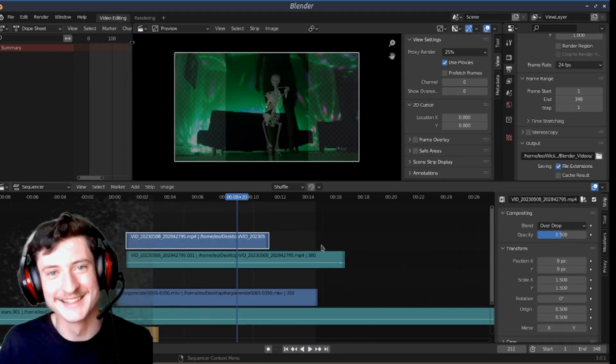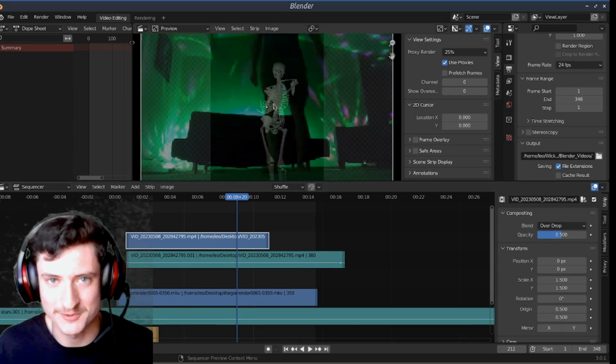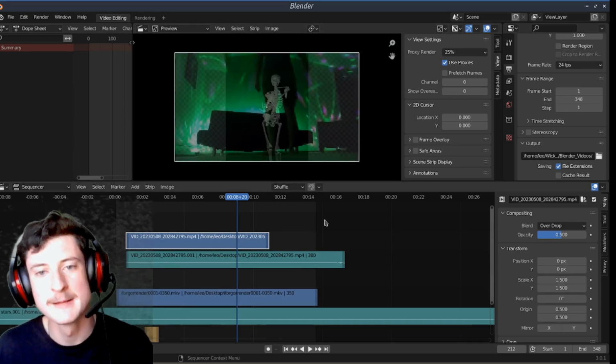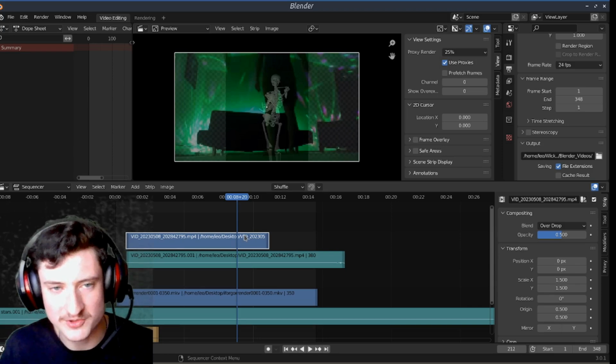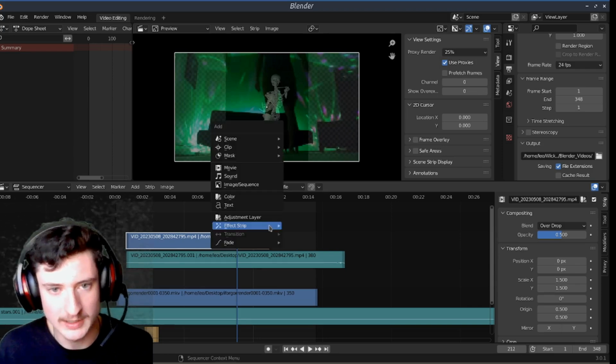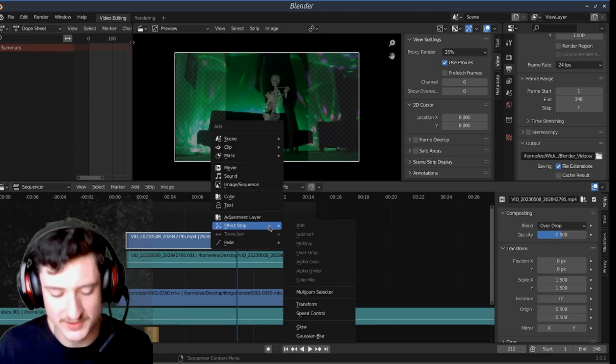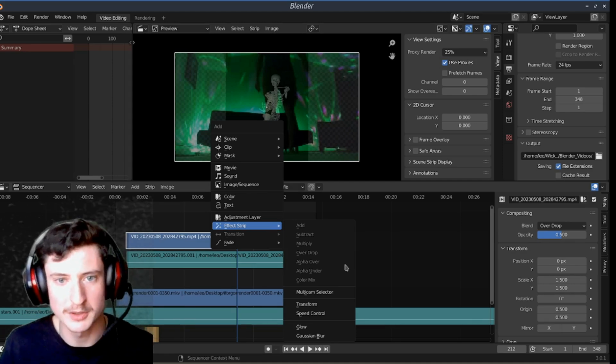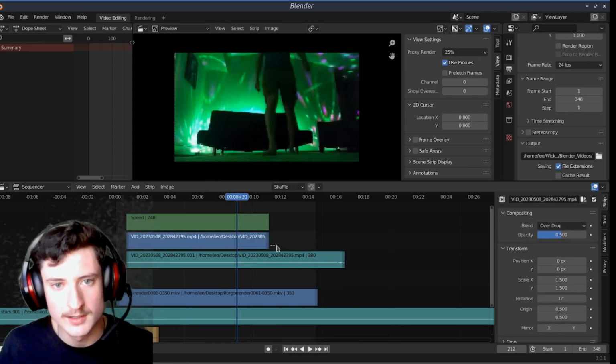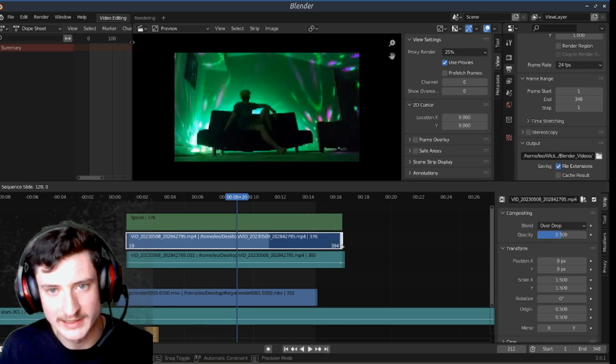It's not matching how... It's kind of just squished together. They're not running at the same rate. So I'm going to take this strip, and I am going to add a speed control to it. Effect strip. So Shift A, open up this menu. Effect strip, speed control. Slap that on there,